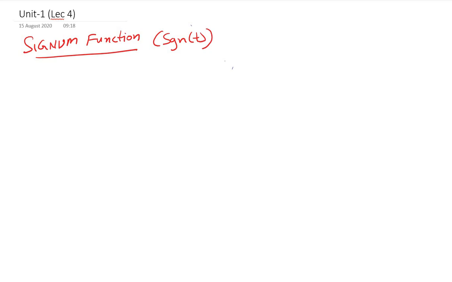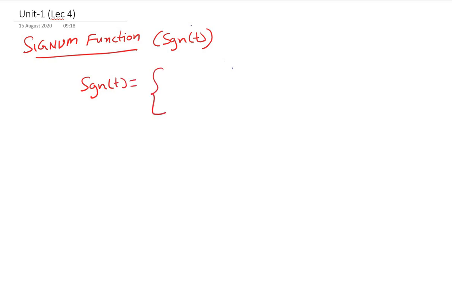So we'll continue with the concepts of different types of signals that are frequently encountered in signals and systems as well as communication systems. I will discuss the next type of signal, that is the signum function. The signum function, denoted as sgn of t, can be defined mathematically as